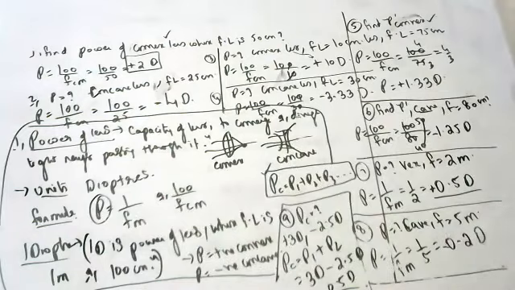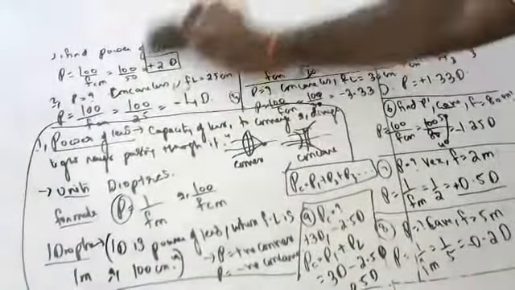Surya, can you define power and 1 diopter? So the power of a lens is the capacity of the lens to converge or diverge when light rays are passing through it. And 1 diopter is the power of a lens where the focal length is 1 meter or 100 centimeters.